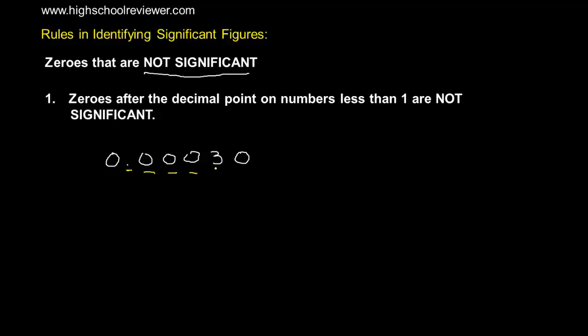But we have here a non-zero digit, and after that is a 0. Since this is already a non-zero digit, this is significant, and this 0 is placed after a non-zero digit, so this is significant. Therefore, we have here 1, 2, we have 2 significant figures. We have 0.005